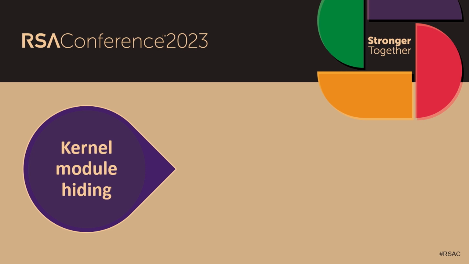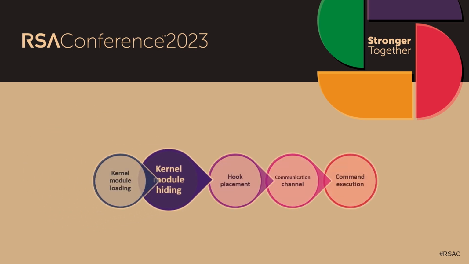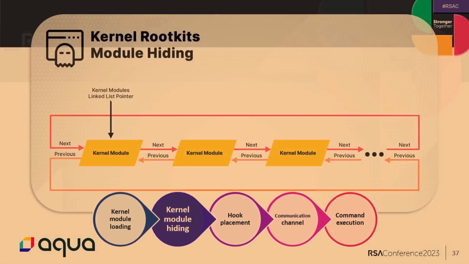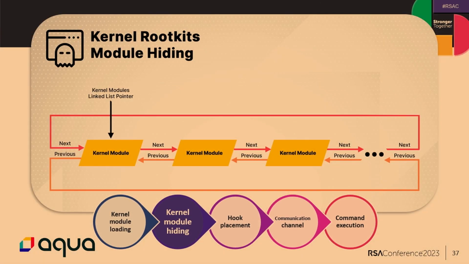Now let's talk about how you hide a kernel module. The way it usually happens, there is a data structure in the kernel, which is a doubly linked list that contains all the information of all the kernel modules in the system that are currently loaded. And every time we call lsmod, which is a tool that gives us the names of all the modules that are loaded, it will iterate over this list and give us the list back to user space.